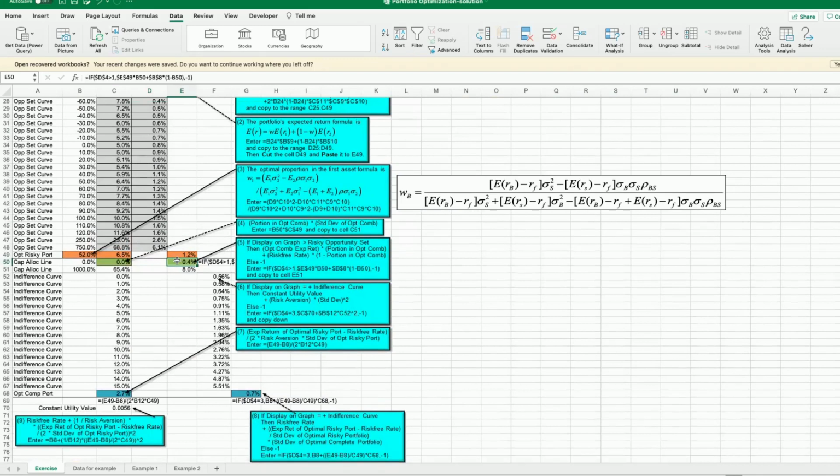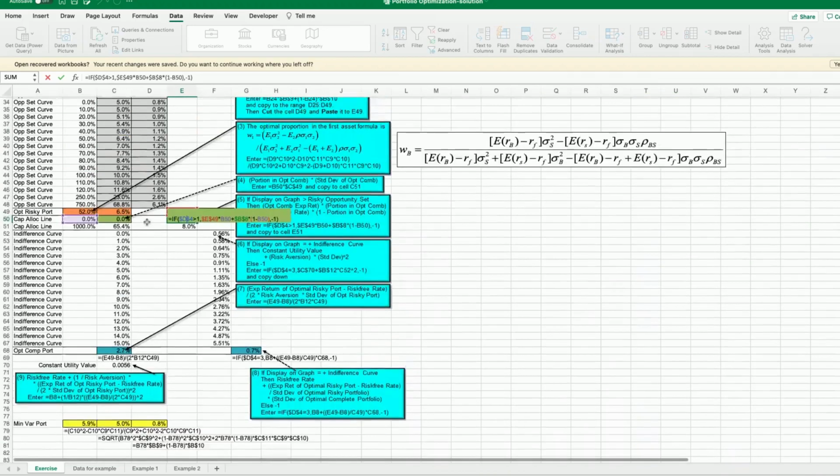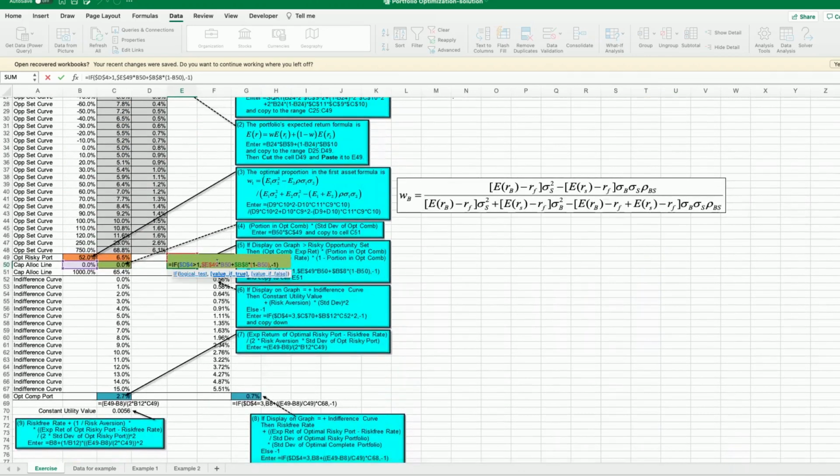So we will only have Excel calculate the value for this data point, which will specify the risk-free rate, if D4 is greater than 1. If the person using this model wants to see the capital allocation line, or everything, including the indifference curve, then D4 will be greater than 1. If they don't want to see it, then D4 will be equal to 1. So when D4 is greater than 1, the value will be just 0.4. And here we still want to